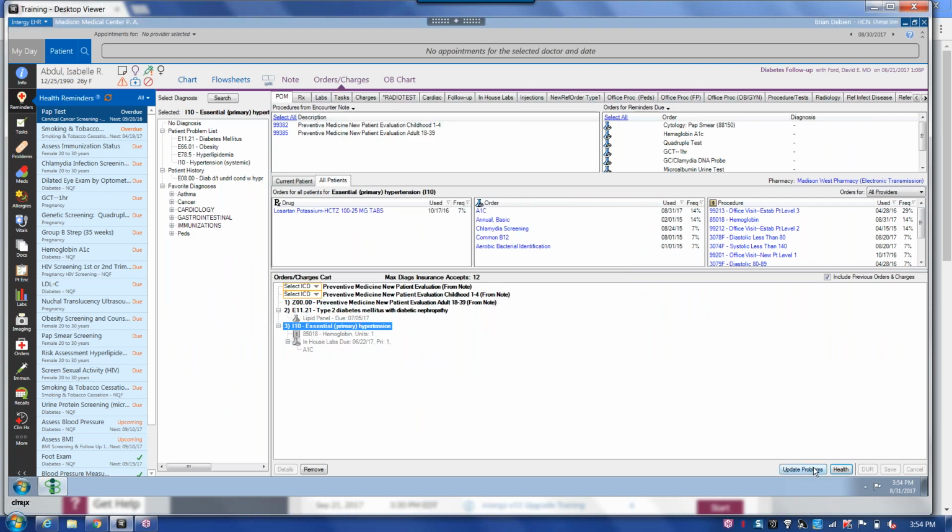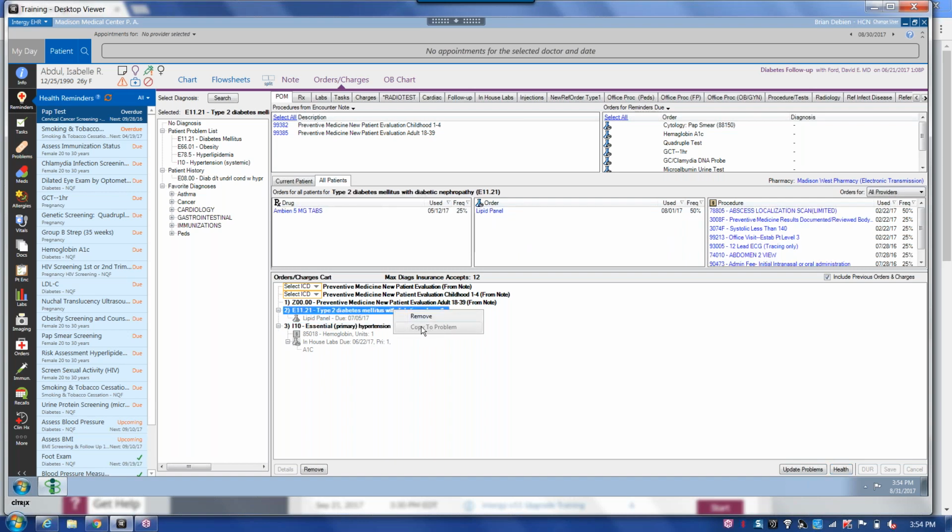okay? Updating problems. Now, there is an advantage to updating problems from here, okay, even though I could right-click. As you know, I could right-click and I can copy anything in my shopping cart to the problems list. If you notice that copy the problem is grayed out like it is here, that means that it's already sitting in the patient's problem list,